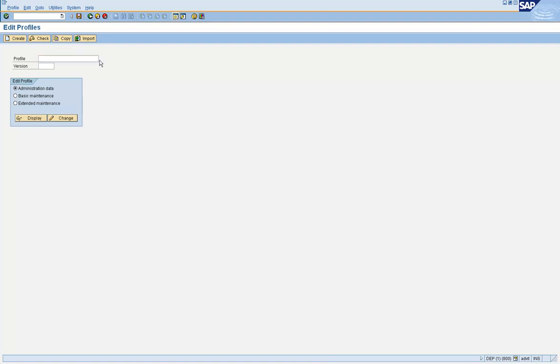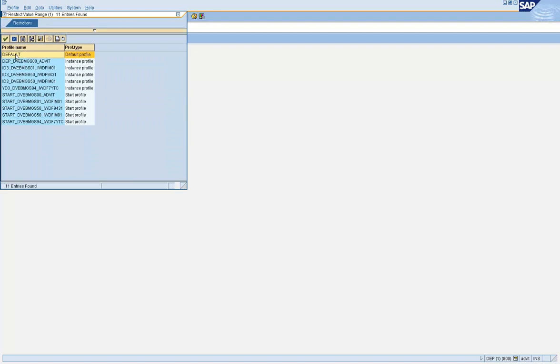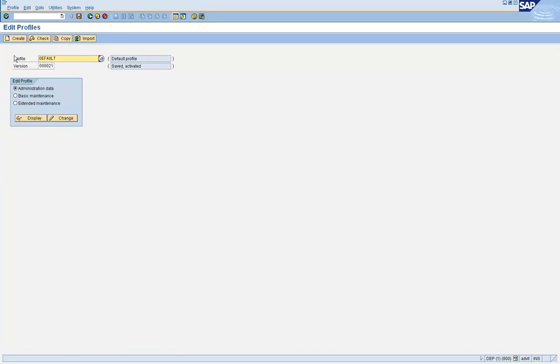In RZ10 you have three system profiles. One is the default profile, another is the instance profile, and the third one is the start profile. You can set your profile parameters either in the default profile or the instance profile. So let's select the default profile, click on extended maintenance and click on change.